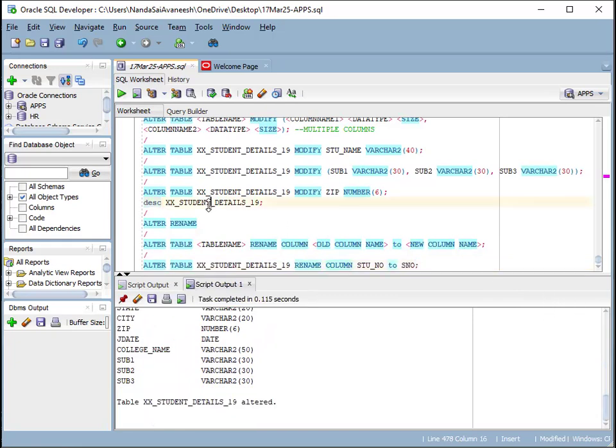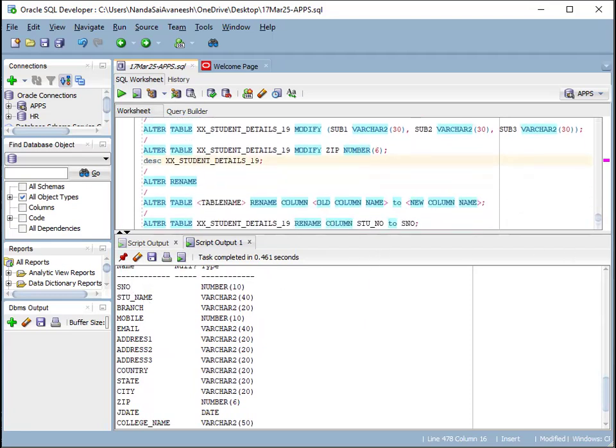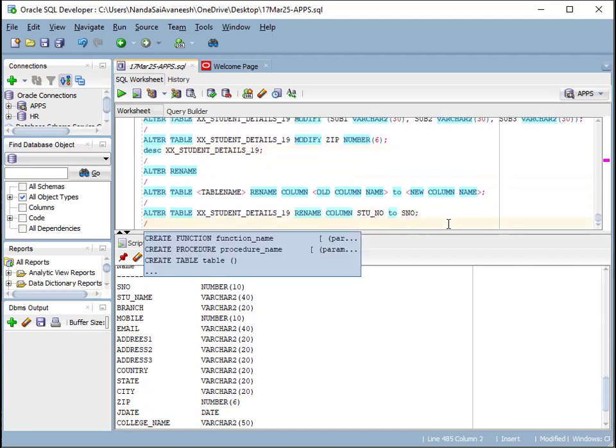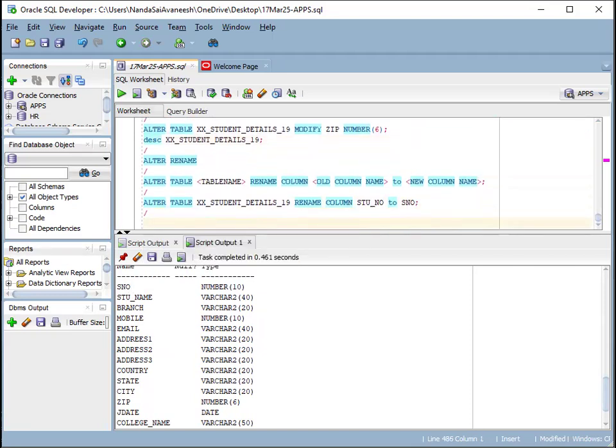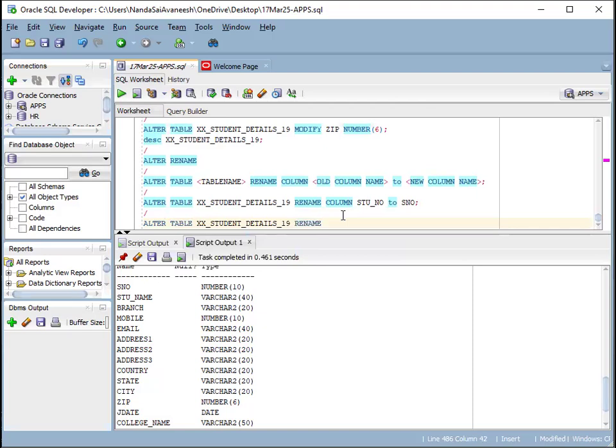To check the table structure, you can use the describe command again. Now you can see this: instead of STU_NO, now it is SNO. So like this, you can rename the existing column name to another name. Same way, STU underscore name is there. I want to change it to SNAME. Then tell me the syntax: alter table, table name, rename